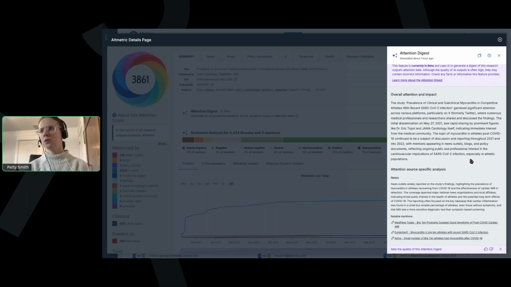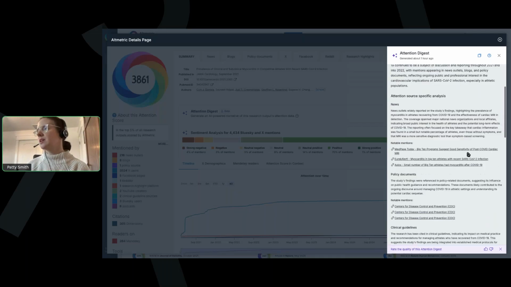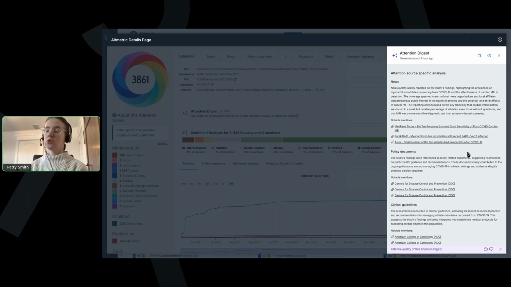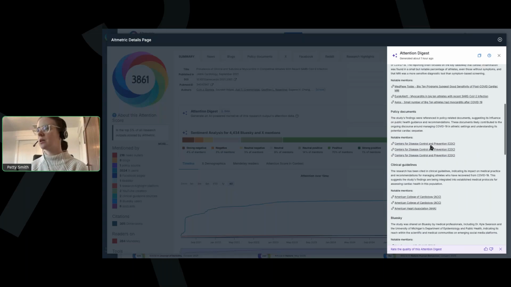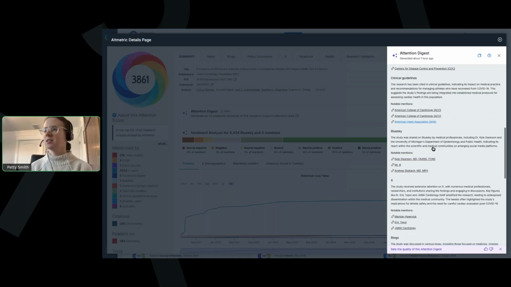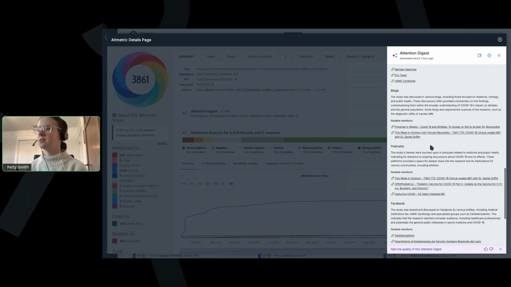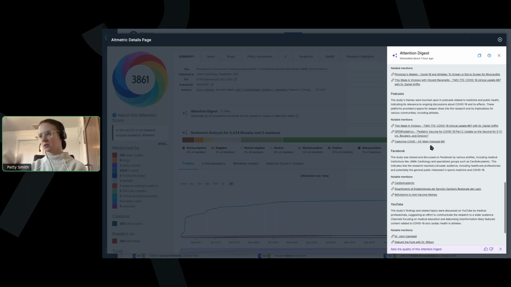So oftentimes it'll tell you, like, the majority of the news mentions happened in the first 2 weeks post publication or something like that. In this case, this one has very consistent news attention across all time, but depending on the type of attention, it can tell you some different things about when the attention occurred and that sort of thing. But then it goes into specific source types. So we have the news, and it links out to some notable mentions. We have policy documents, clinical guidelines, Blue Sky, X, blogs, podcasts, lots of different things,